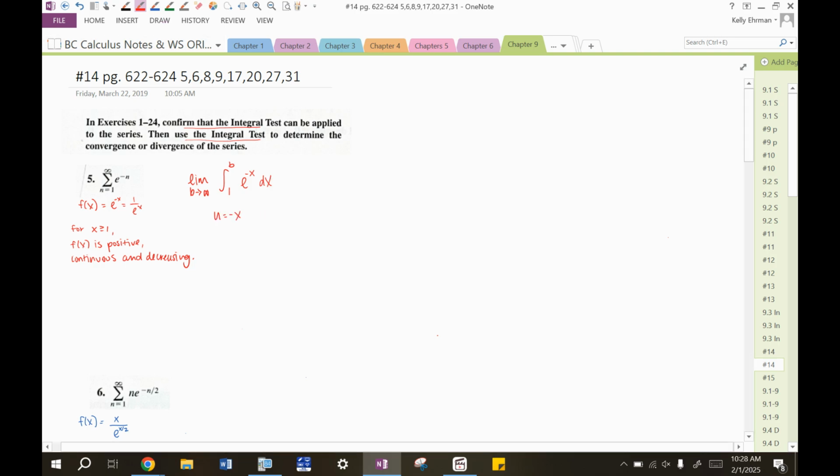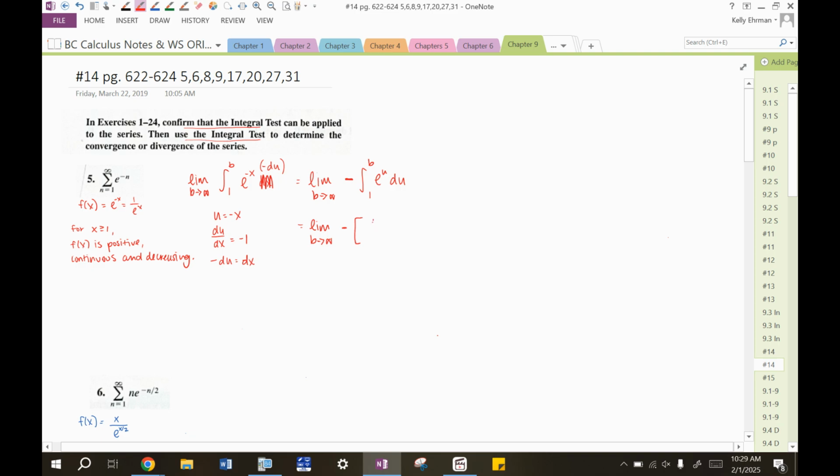And I need to use u sub here. So u is equal to negative x. du dx is equal to negative 1. So negative du is equal to dx. So we're swapping out a dx for a negative du. So this is going to be the limit as b approaches infinity of negative integral 1 to b of e to the u du. All right, and then we will integrate. So negative, the integral of e to the u is e to the u, and u is negative x, so it's going to be